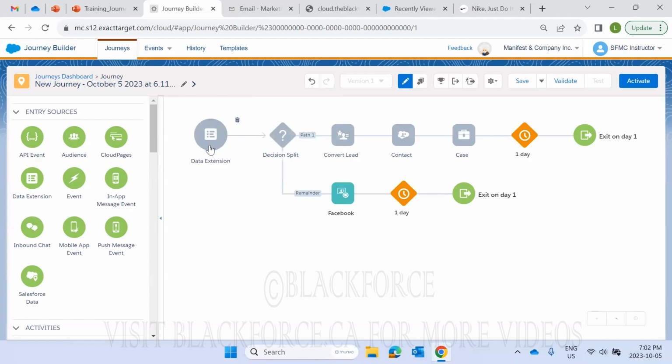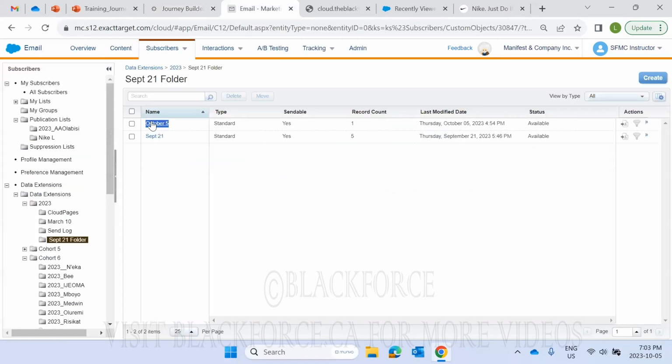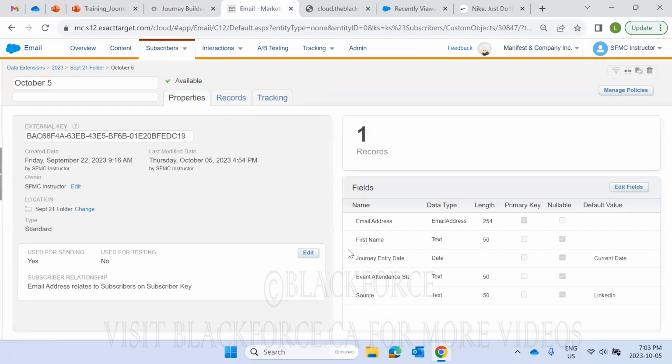Let's say our starting source is a data extension, but it's just a simple data extension that's not connected to the CRM. You push people in there, and from pushing them in there, you decide, okay, I'm going to create a lead, or I'm going to create a contact in the CRM for them, right? And in the data extension, let's say you just had first and last name, email, right? But now that you've created a Sales Cloud record for them,